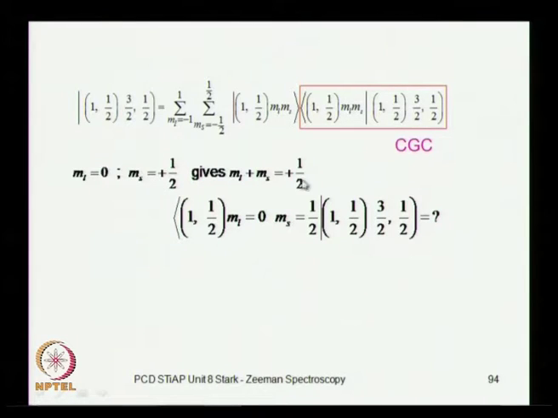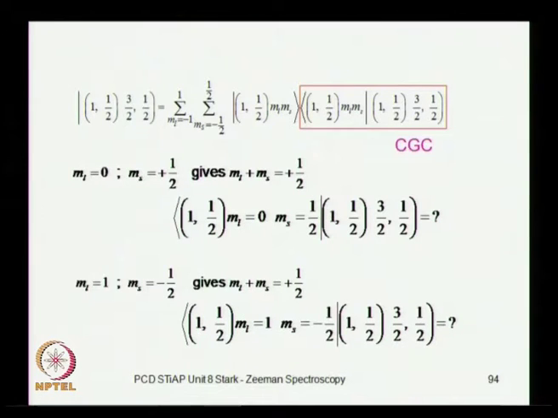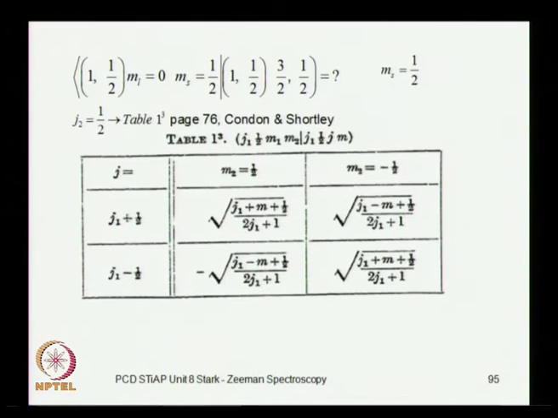For this, what is the value of the Clebsch-Gordon coefficient, and you have to find the corresponding coefficient also for the other case in which ml is equal to 1 and ms is equal to -1/2. So these are the 2 coefficients that you want to determine from the table. So let us take one of these and notice that ms is equal to half. So you can look at the first column here, since ms is half, and